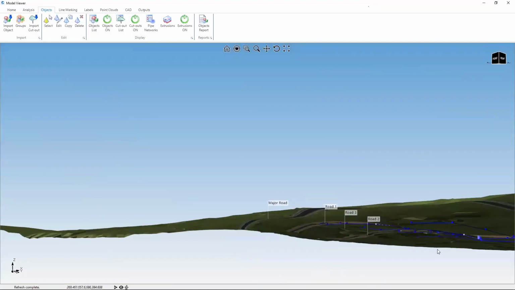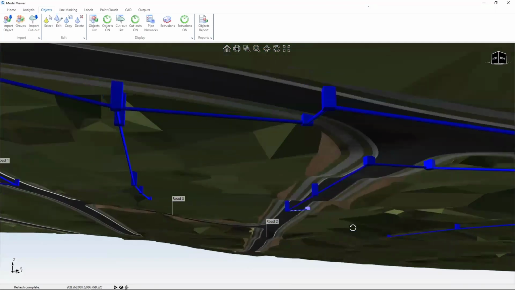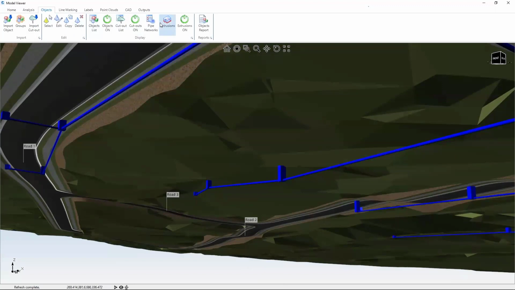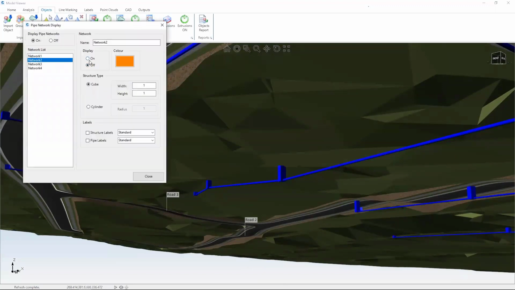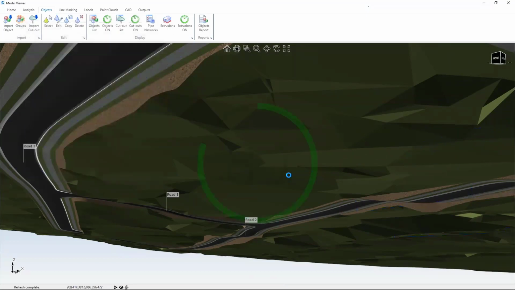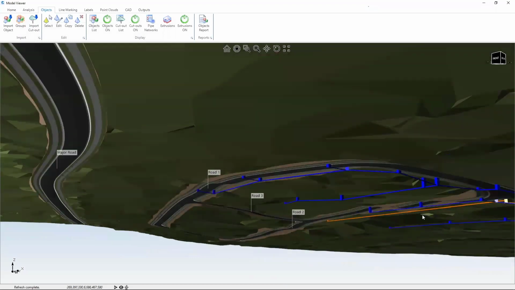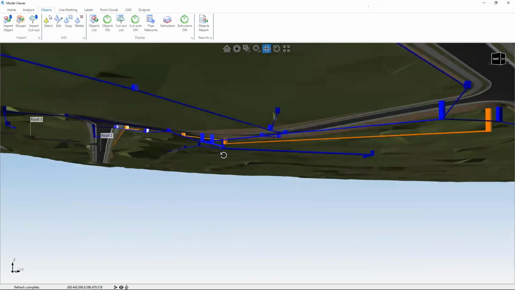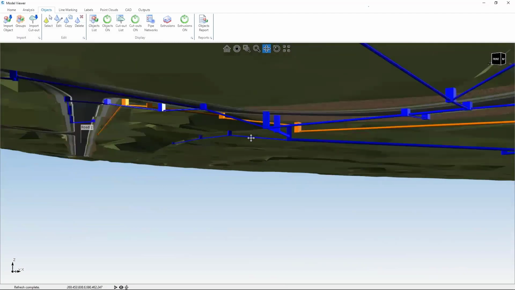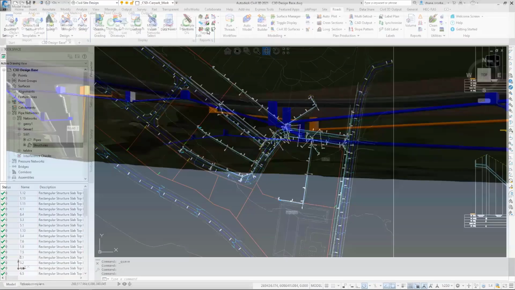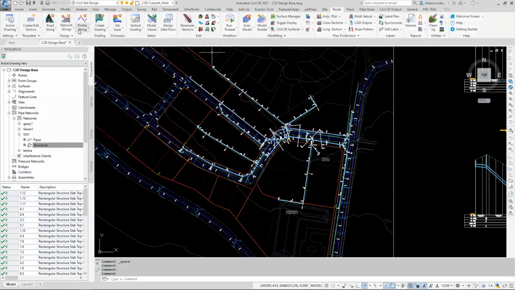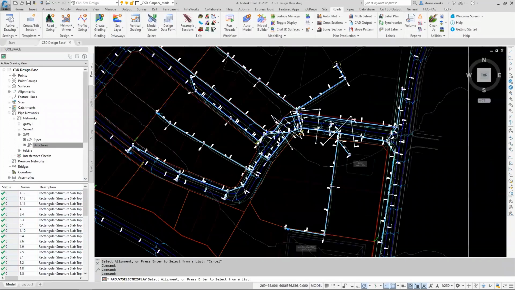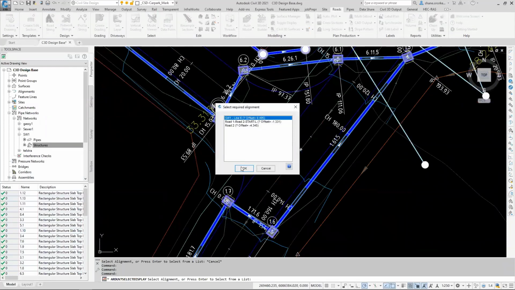So I look underneath here and I can see that network. Let me just add sewer to this. So there's the sewer line under here as well. I'm being a bit lazy and not setting transparency, but we're underneath the model here, looking at the pipe network underneath. Now with regards to clash detection, which was why I was making so many networks, when we actually look down a branch of any of the networks,